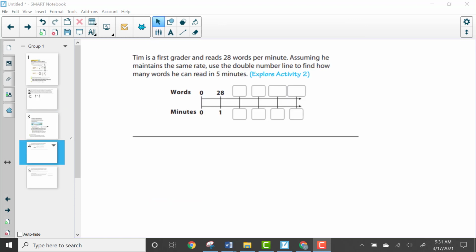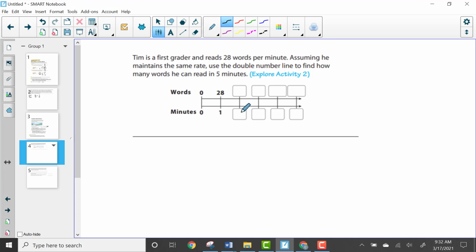So let's take a look at another problem where we can make a prediction using a double number line. It says Tim is a first grader and reads 28 words per minute. This problem is on page 164 in your Go Math book, so I want you to fill it out with me. Assuming he maintains the same rate, use a double number line to find how many words he can read in 5 minutes. So we know the unit rate,